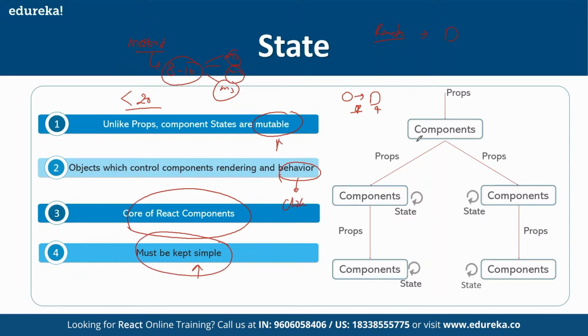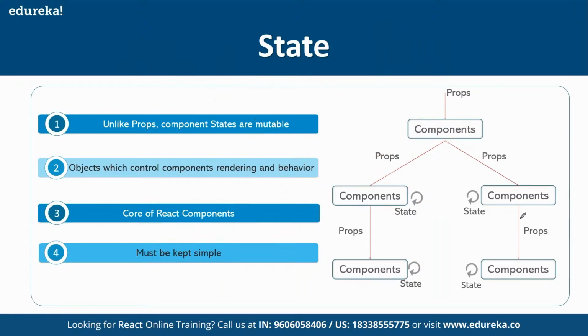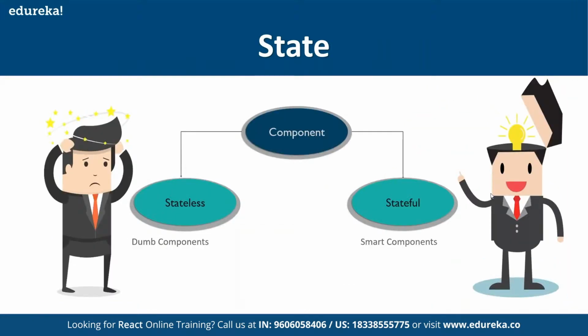Make it very simple. So when a component, you are actually passing a property and so on, this is the second component. The second component behavior changes at a state level. When you click on it, the third component may come into picture. Okay, again, the state part. So states are going to be of two categories. One, you have, like say, stateless and stateful. Let's say if you talk about stateful,